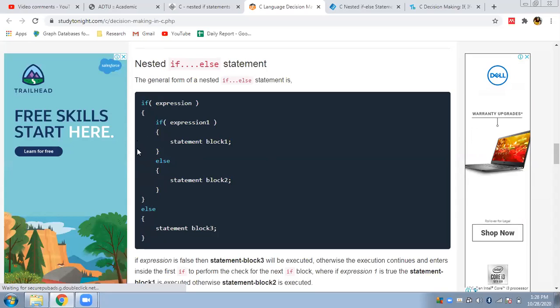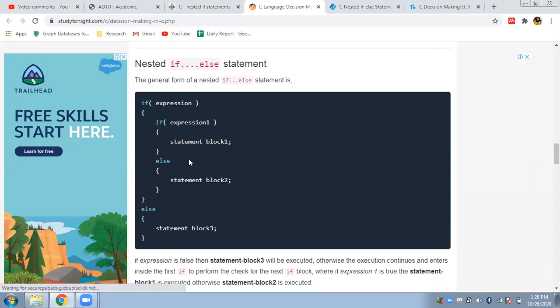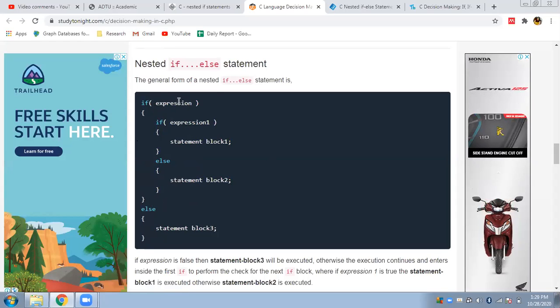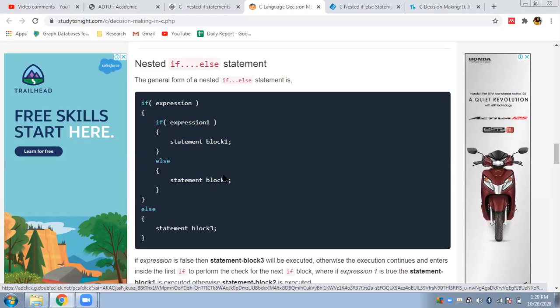If the condition is true, this body will get executed, whatever is inside. If the condition is found to be false at the very beginning, you don't have to worry about this; you come to the else part. Just ignore this portion, whatever is inside this block. It is a simple if else statement. If the condition is true, you get inside the block. If it is false, you execute the else part.